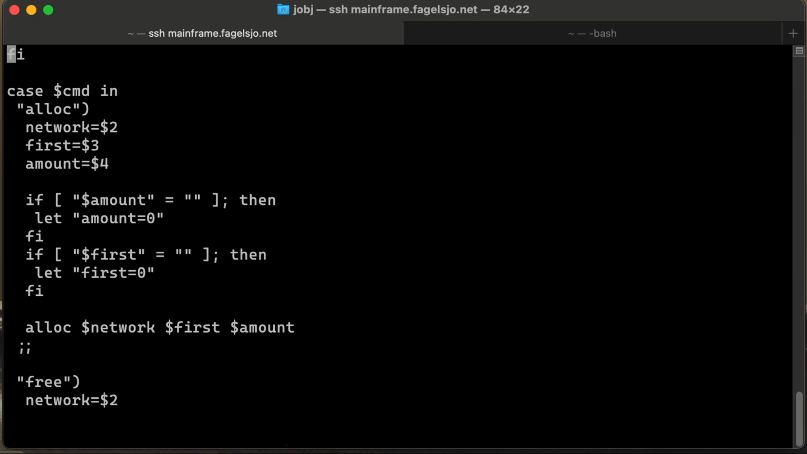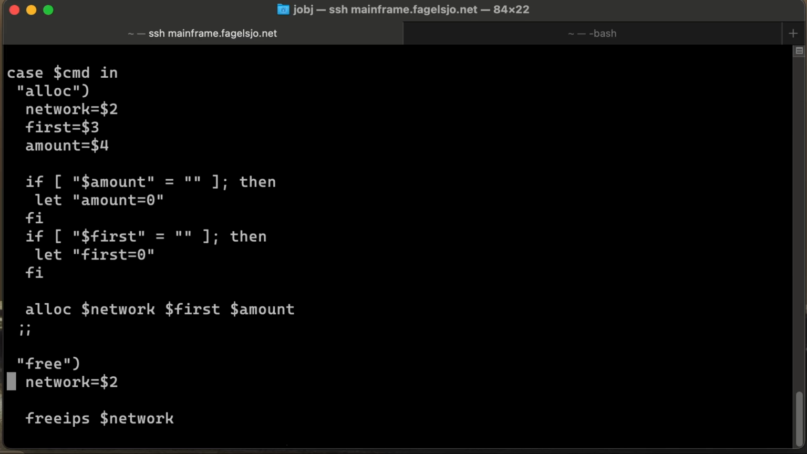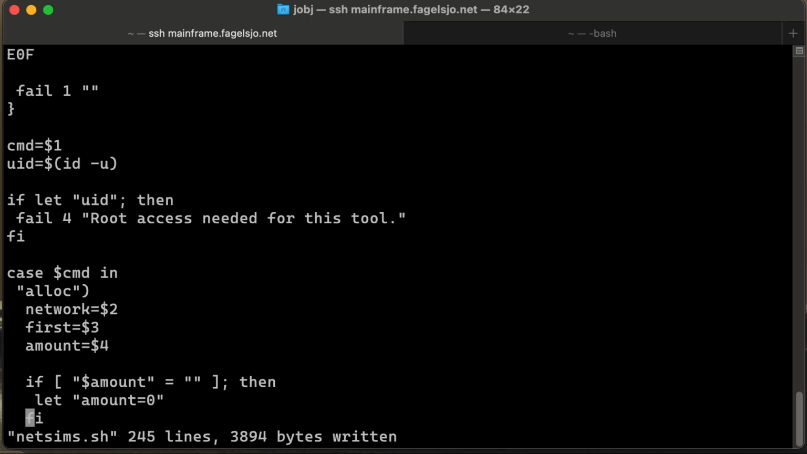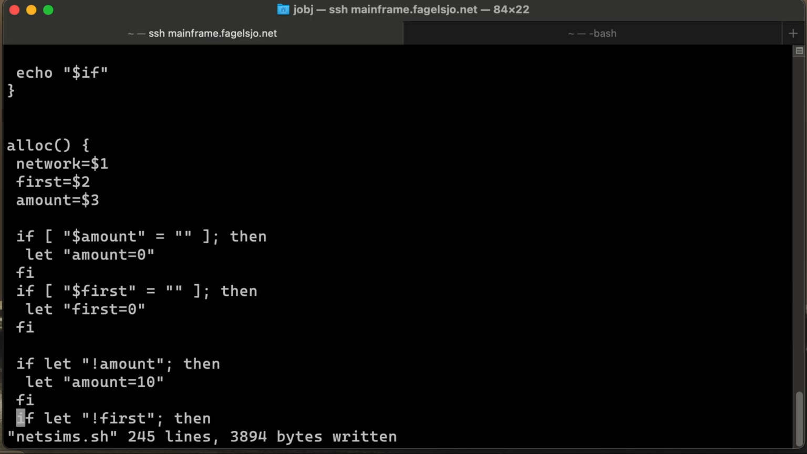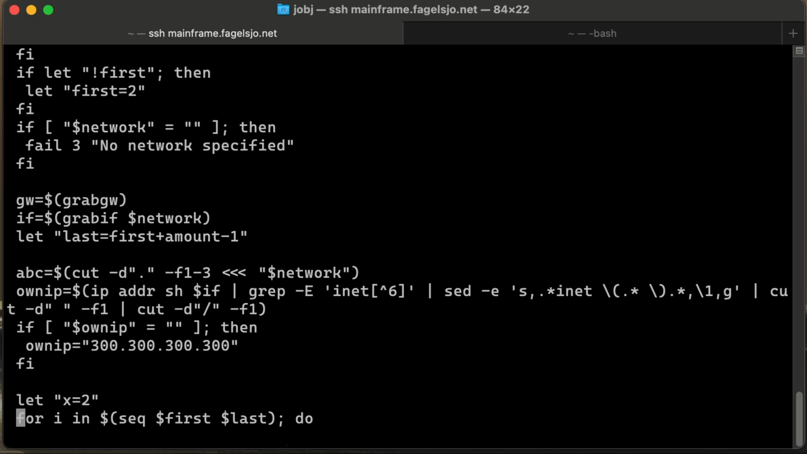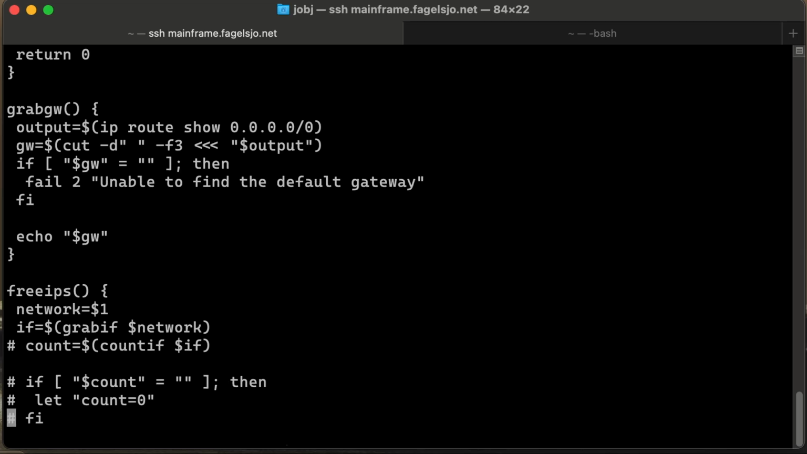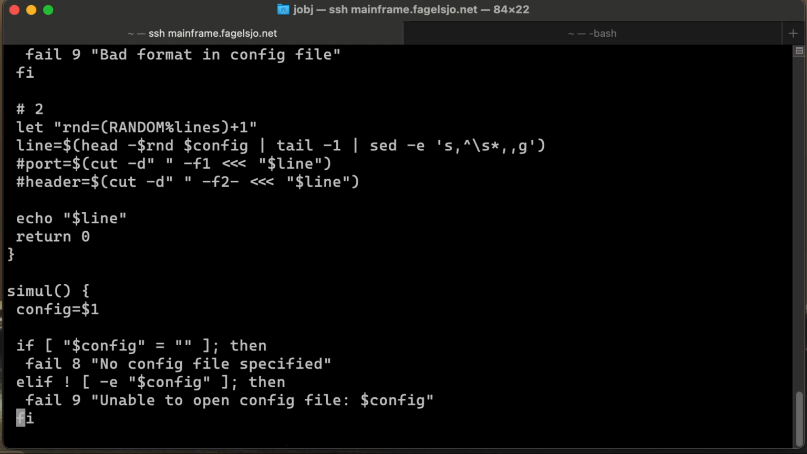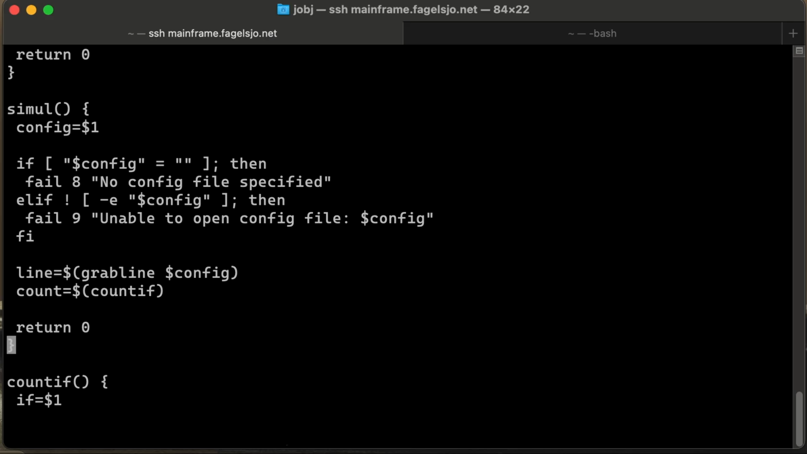So now that it's fixed, let's go back to this stuff and remove the grab line and add the simulate back. And let's finish this simulate function if we are able to find it. There we go. Okay, so we have grabbed a line, we have counted the interfaces,